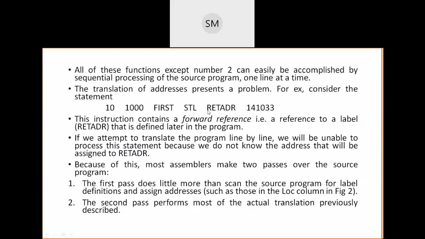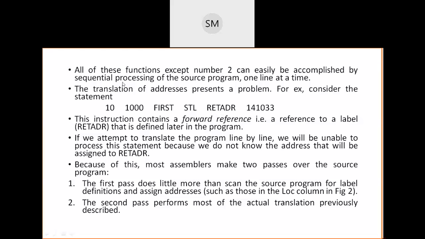Why? Because RETADR is not defined in line number 15, the immediate next line. You have to keep searching for this RETADR in the label column somewhere else, and in that line you should find the address of RETADR. You have found the addresses of all these operands in that way only, correct? Immediately in the next line you will not get the address of these operands. You should go to the label column and search for these operands, then go to the left side of it and find out the address of that operand. So you cannot just go on to the immediate next line.